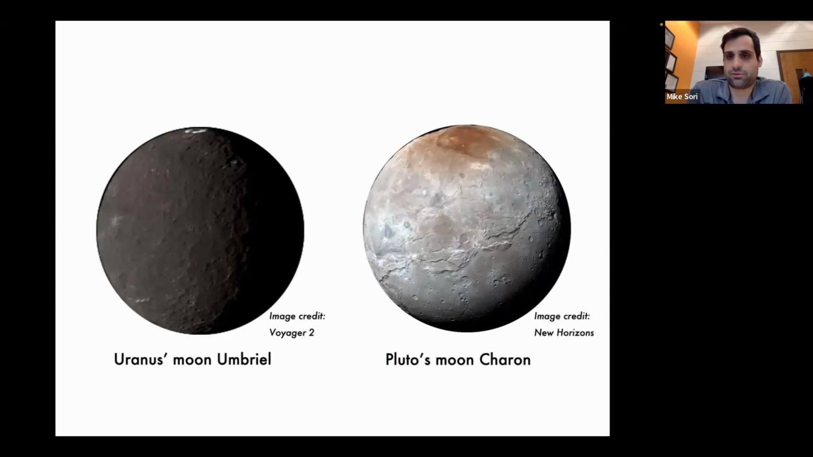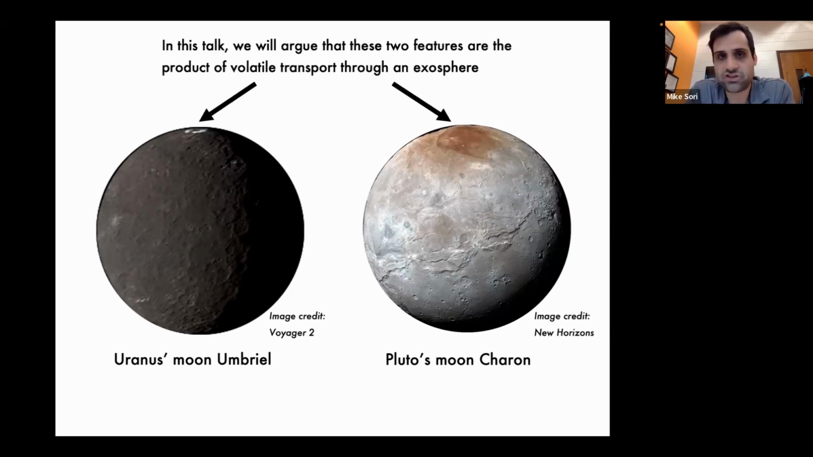So the two objects we'll focus mostly on are Umbriel, a moon of Uranus, and Charon, the biggest moon of Pluto. So here are some images. All of the data for the Uranian system, all the spacecraft data, I should say, comes from the Voyager 2 flyby in 1986. And all of the Pluto-Charon data, spacecraft data, comes from the New Horizons flyby a few years ago. So here are our two global images of Umbriel and Charon,